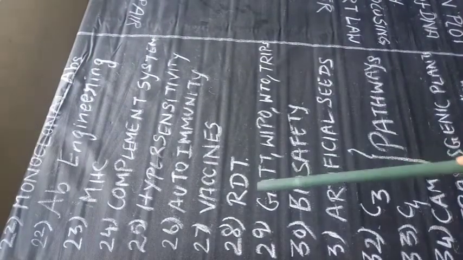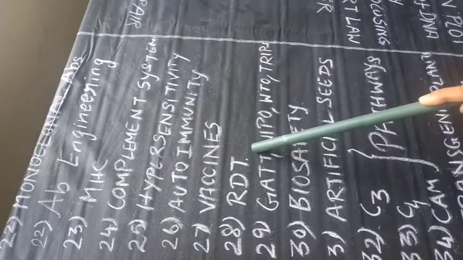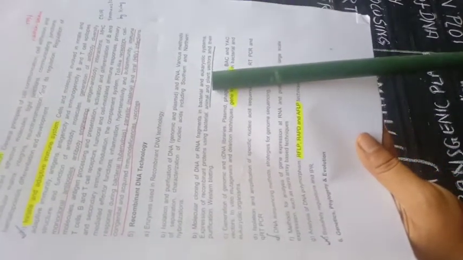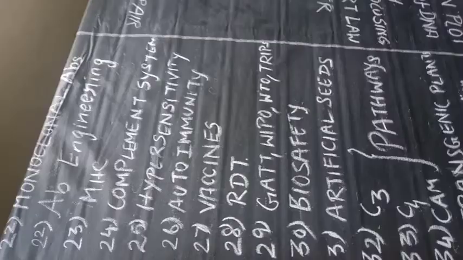Next thing is recombinant DNA technology, like the enzymes used in recombinant DNA technology. If I take the syllabus for you, friends, the enzymes used in recombinant DNA technology are more important. Next you should study Southern hybridization, Northern hybridization, and next you should know about animal vectors and plant vectors. Next thing is gene knockout technology. Sometimes they will ask about bacterial artificial chromosome and yeast artificial chromosome. Know about real-time PCR and reverse transcription PCR; you should study those.